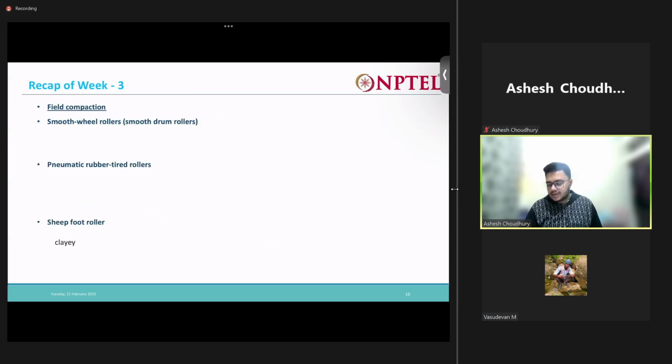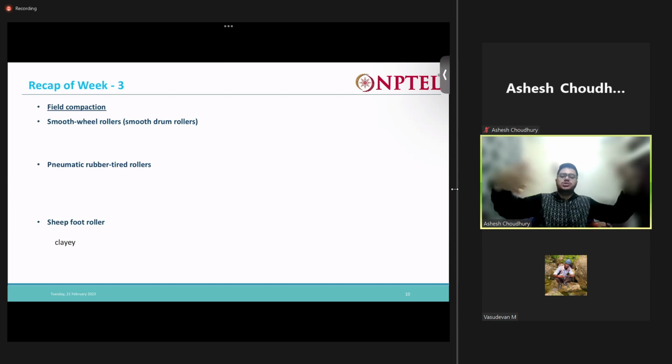Now, field compaction. How is compaction actually done in the field? In the field, we cannot ram, right? The area is huge and vast. You can consider a road embankment. It is huge, and the length is many kilometers, so obviously it is not possible to ram using rammers. However big, you cannot ram it. It's practically impossible. So what we need to do is use